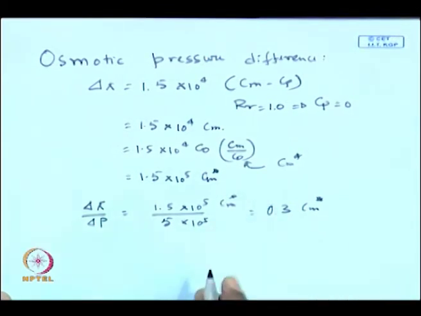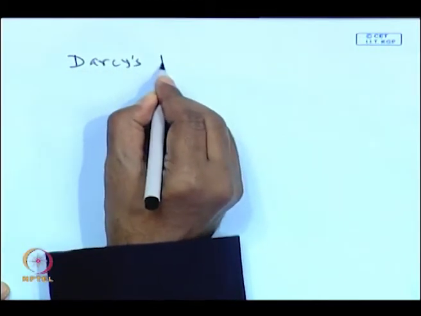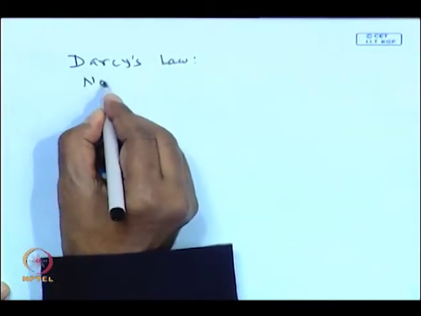Now, we will be utilizing the shortcut method for the 2-dimensional analysis that we have discussed earlier. The analysis we are going to adopt in this particular problem is not the film theory. It is basically developing mass transfer boundary layer, and we will be utilizing the shortcut method that we have discussed earlier in terms of length average Sherwood number. So, we can find out the solvent flux using Darcy's law, the non-dimensional